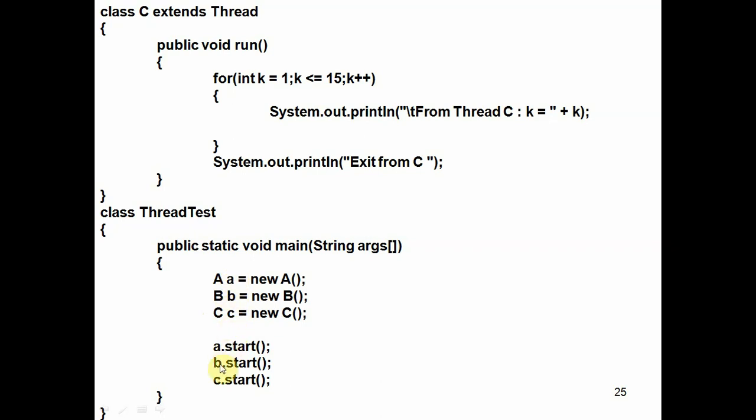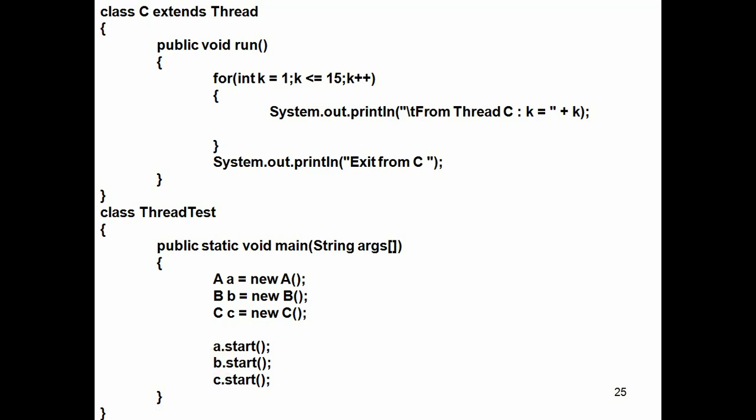Then we need to make the threads enter into the ready state. That's why we need to call a.start, b.start, c.start. Like that we create the threads and make them enter the ready state.